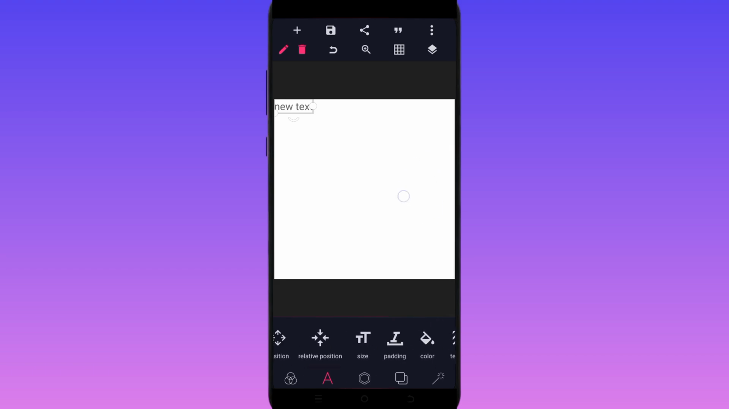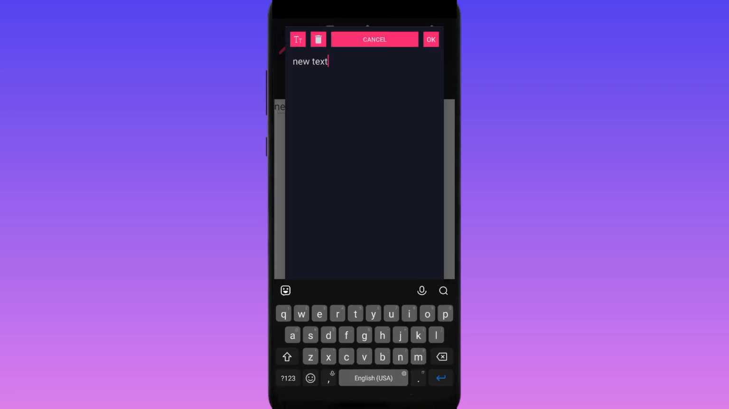So if you watch the part 1 video, I've already talked about how to use these tools. So let's focus down here. What I'll do is, from this text, I'll click on edit. Edit is to write something on that new text. So I'm going to write Kami